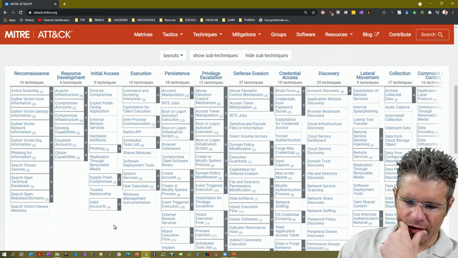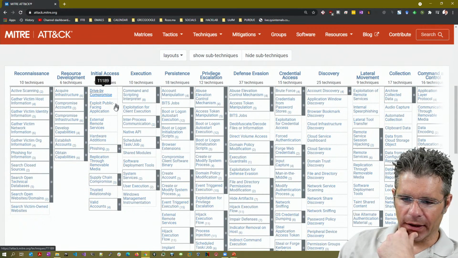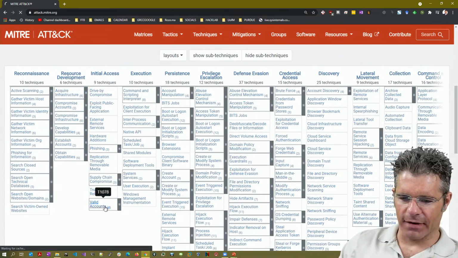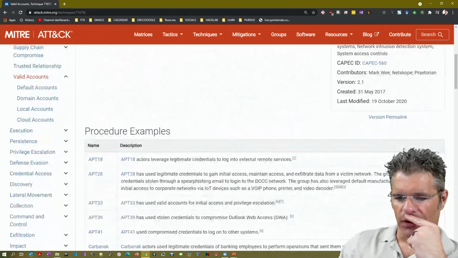And one of the ways that you can gain initial access is by using credentials. Right? You can get a valid account, and using that valid account, you can log into a system.